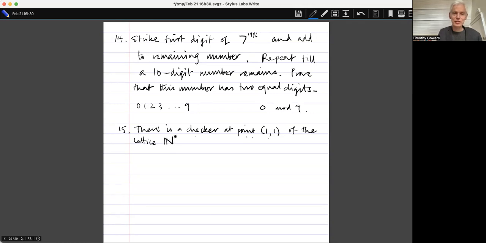But let's forget the words lattice as well. And just the point 1, 1 of n squared. So it's a quadrant of a lattice. Okay, it moves as follows. So clearly this is going to be one of those questions. There are some constraints on how it moves, and we want to show that it can't reach a certain point. That's my guess. At any move, it may double